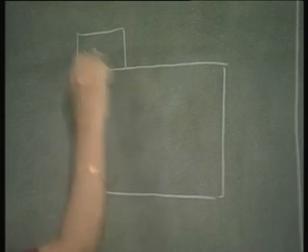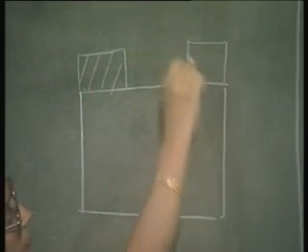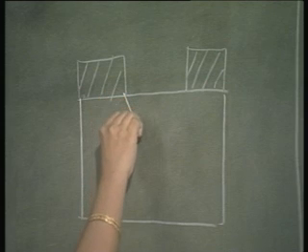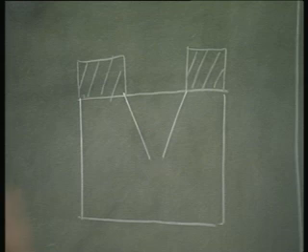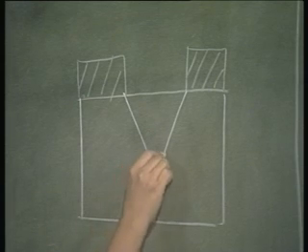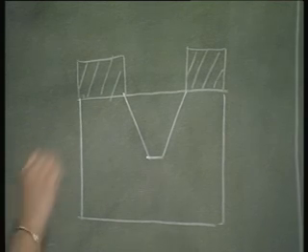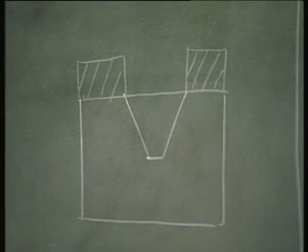Let us see, you have protected this by means of oxide, and you are subjecting it to etching. So, what is going to happen? The etching is going to proceed like this. And the angle, that is this angle, is going to be